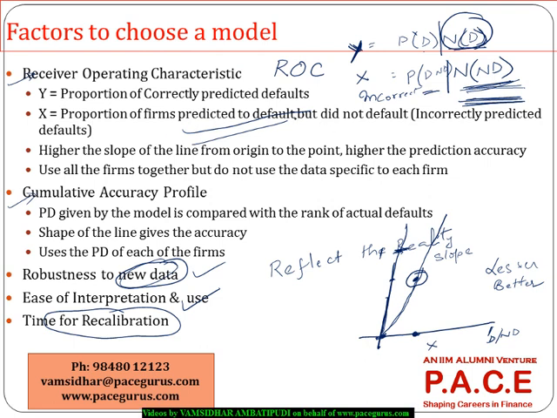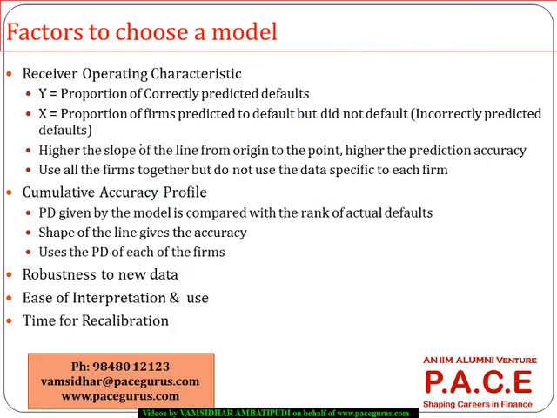But the only drawback is it does not consider each firm separately. It looks at the total number of firms, how many of them are correctly classified versus how many of them are wrongly classified, and based on them it is a single line which will give me the accuracy or the goodness of the model. Whereas on the other side, I also have another calculation aspect called the cumulative accuracy profile,